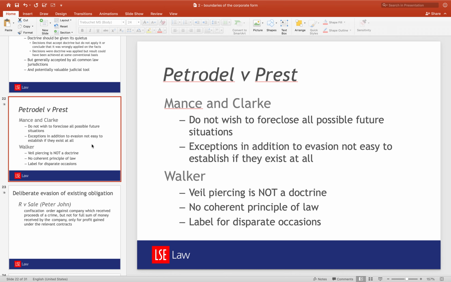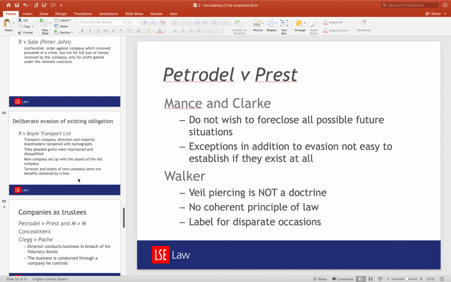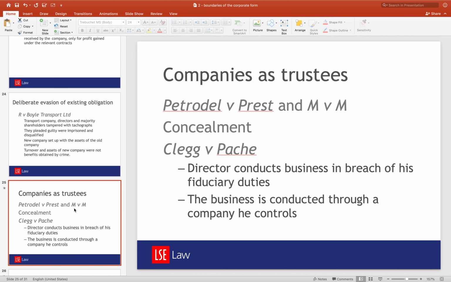There's this addition case, Rosendale, which I also gave you, and that also stresses how limited that doctrine is. Another question is, does sham and facade still exist? And the answer is not quite clear because, of course, in Prest, the decision was obiter. So what you read about veil piercing was obiter because the case was decided on other grounds, and I'll come to those. Those grounds were trust law,